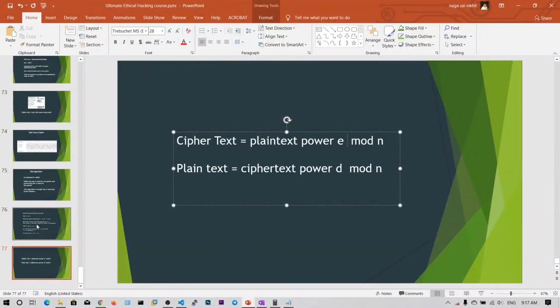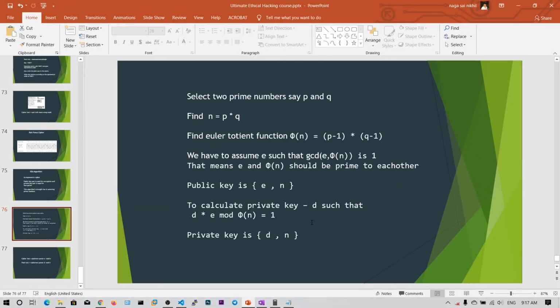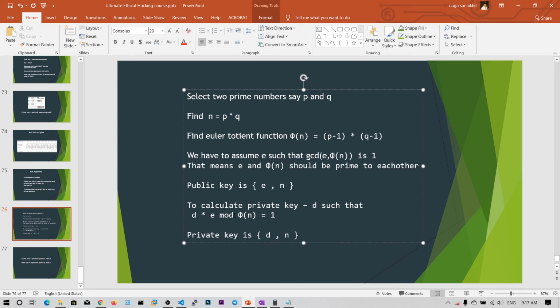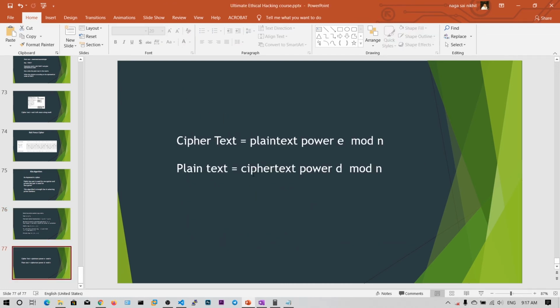So let's talk about the weakness of the RSA algorithm. The public key e comma n is known to everyone. If I am an attacker, I will store this in some notepad or text file. So we have got the e and we have got the n. How do you decrypt the ciphertext? All you want to do is find the d value.